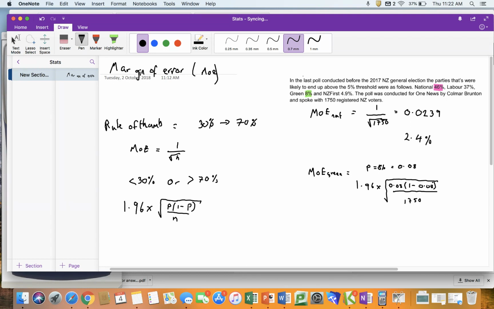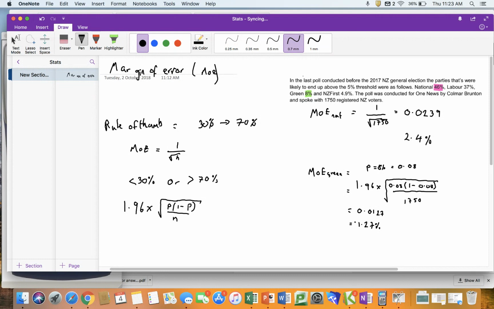I can do my square root, and that is going to give me a value that is going to be smaller than the national one. So my answer is 0.0127, which is 1.27%. And that kind of makes sense, because